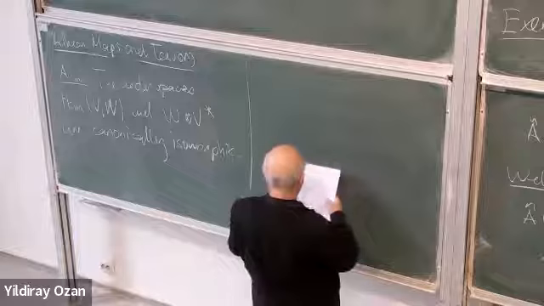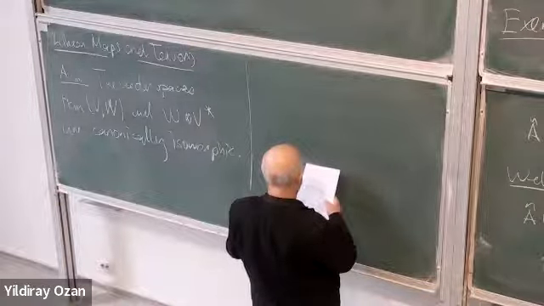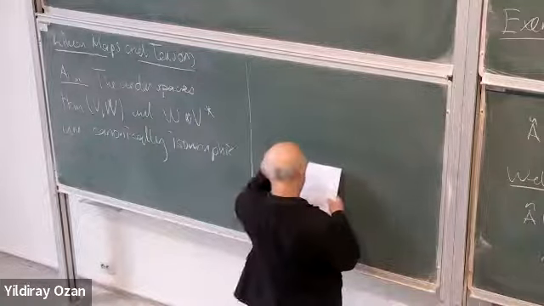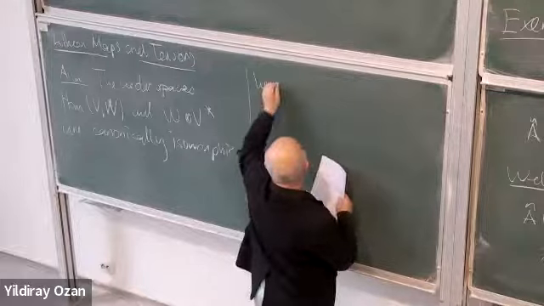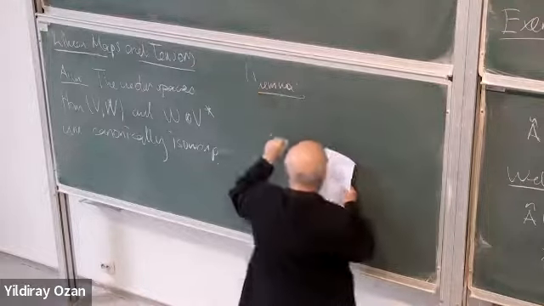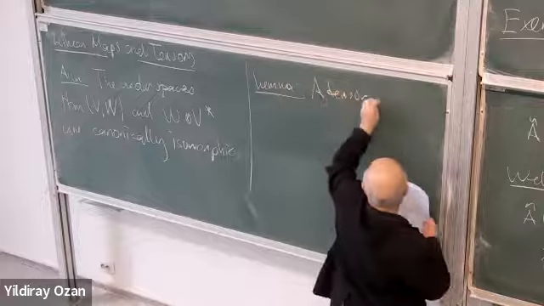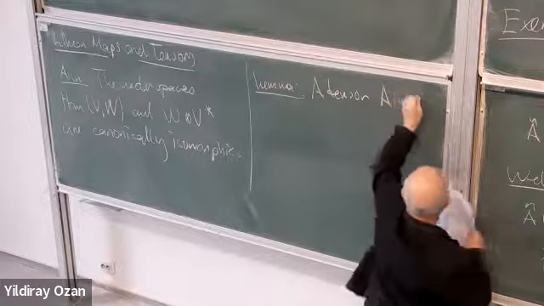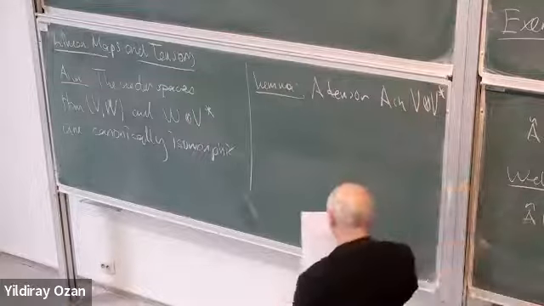First, okay, we have a lemma. A tensor A in V tensor V star